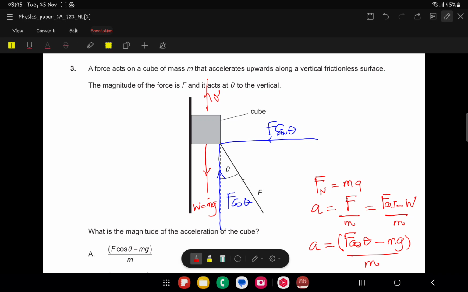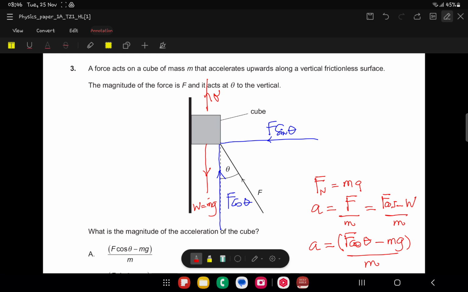Mind you, the question is telling us that the cube should accelerate up. Now, the cube has a mass we are given in the question to be m. Gravity acting on m should give us the weight of the cube, which should be directed downwards. Now the force acting on the cube is inclined at theta to the vertical. We don't need a force inclined at an angle to the vertical. We need a force that will be parallel to the weight that we've denoted there as W is equal to